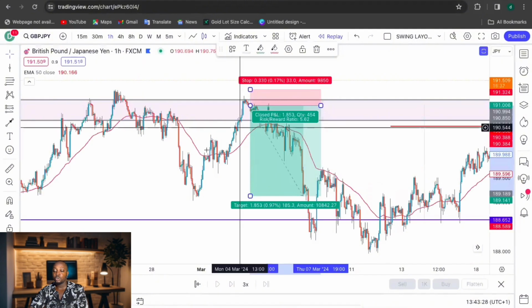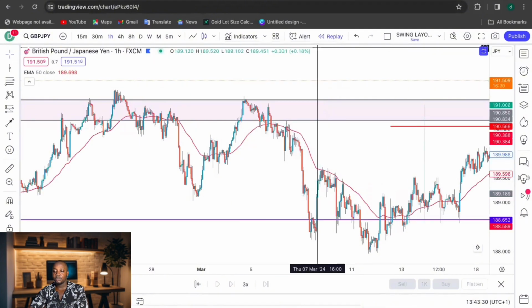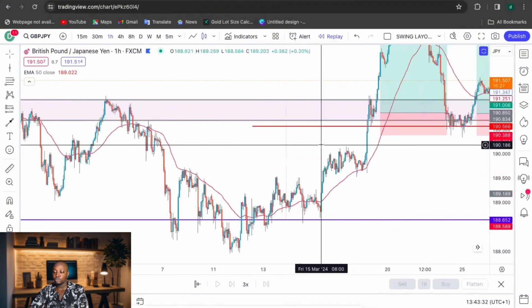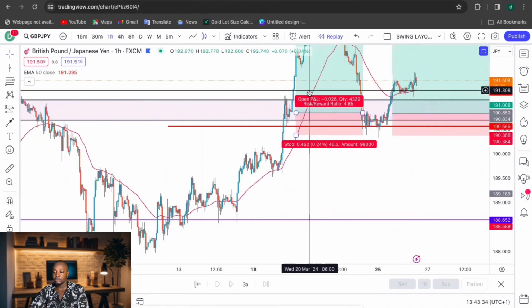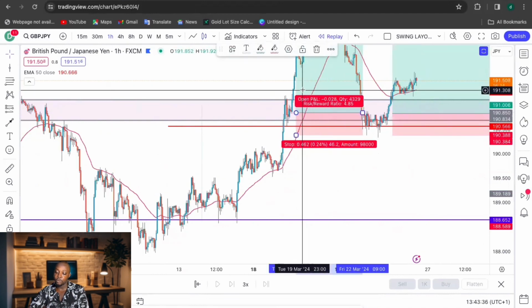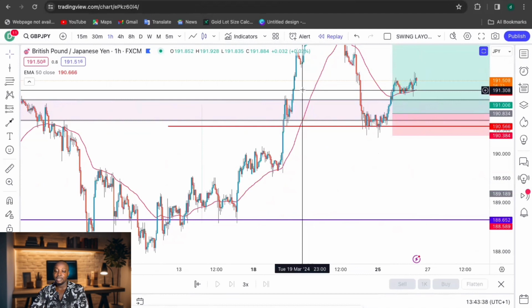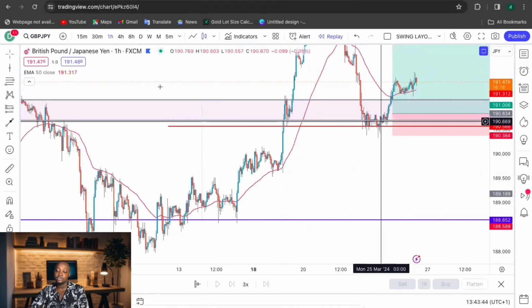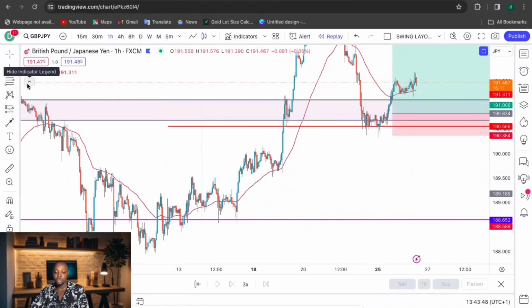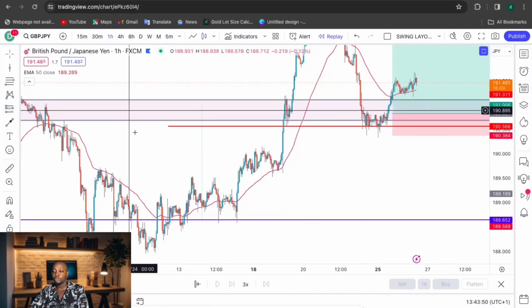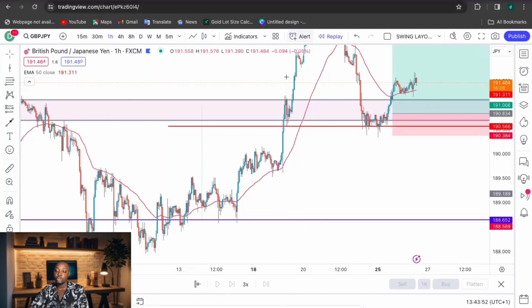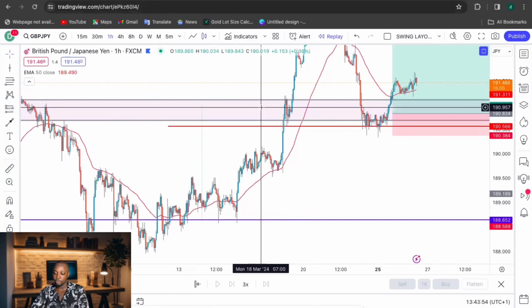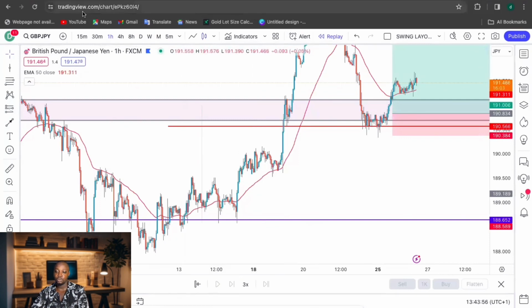So with these tools, you can easily make calculations on your trades and get an accurate position size, instead of having to calculate by hand or doing the math of the distance from here to here and how much I need to risk. You can simply use these tools. I've given you all the tools to use, the long tool or the short tool. Then you come to myfxbook.com and fill in the details to get the